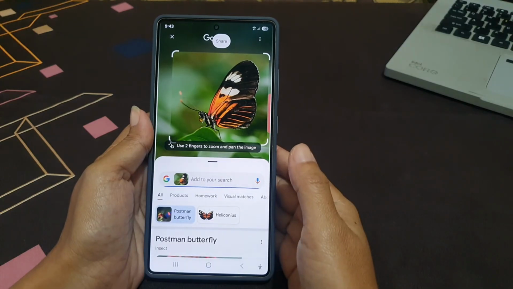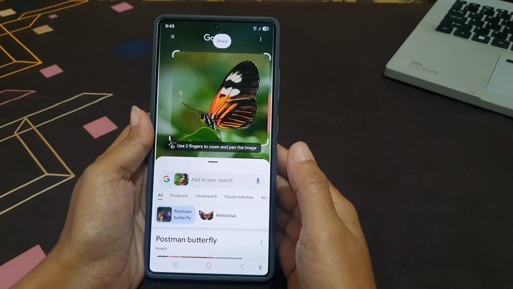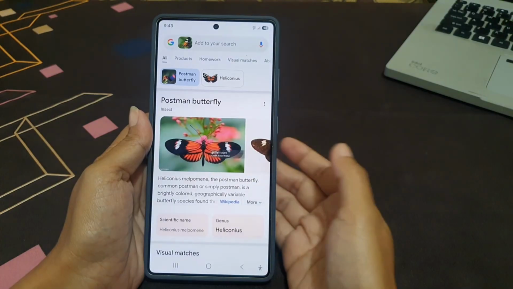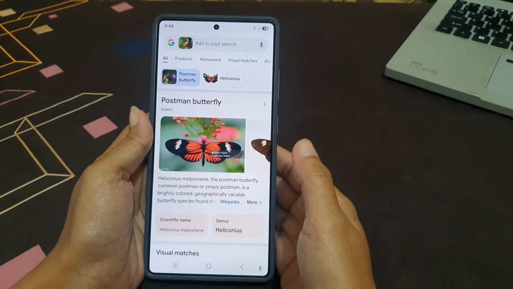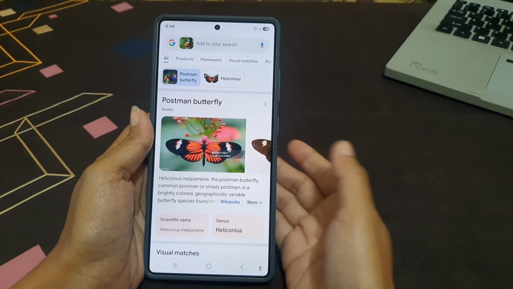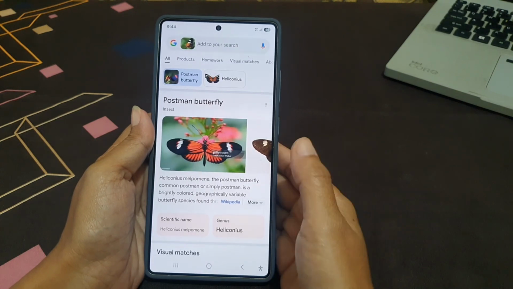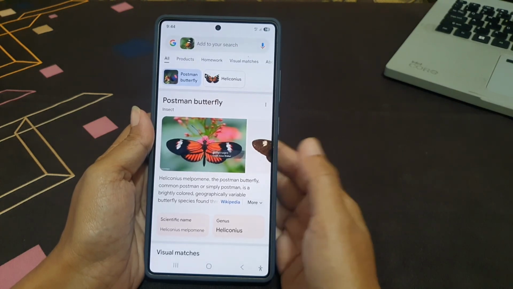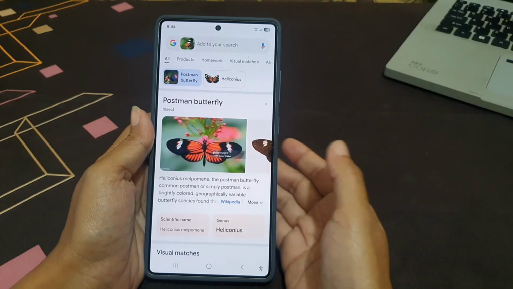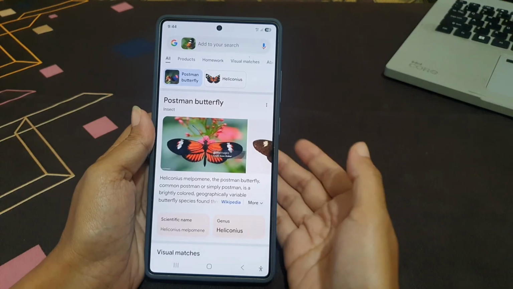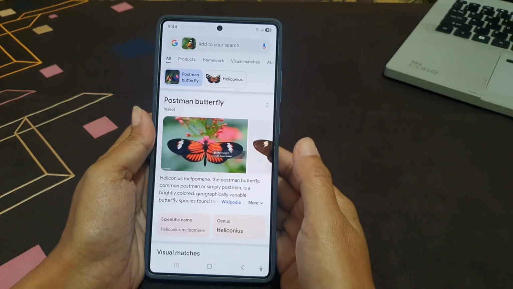As you can see, Google will instantly display search results related to the selected object. Given this function, you can use this feature to save time because you don't need to type out long descriptions or switch between apps when you want to discover or learn something you see on your screen. Whether you are shopping, studying, or just curious about something on your screen, Circle to Search makes information just a tap away.